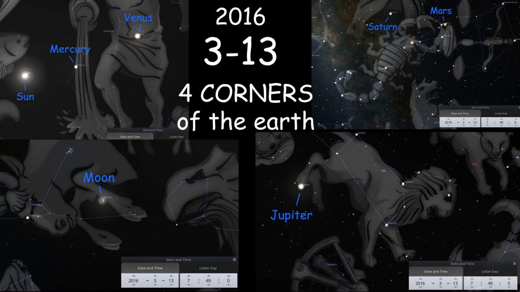So this is the Revelation 7 sign again in Stellarium, as God had his bases loaded on 3/13 of 2016. We've got his team of all 7 on the field, with the sun ascending in the east to command them all, and from home plate. And the sun is rising in Aquarius, as it is 7 days before the equinox here.